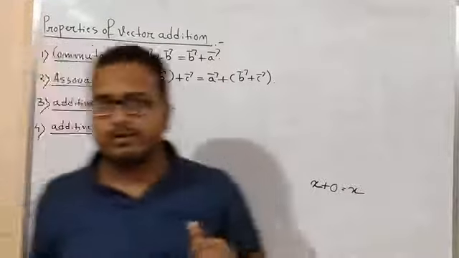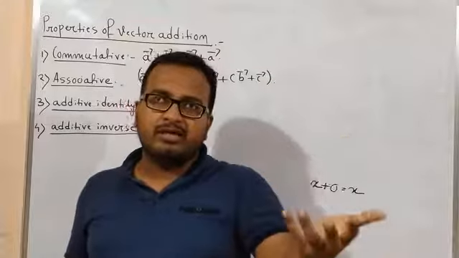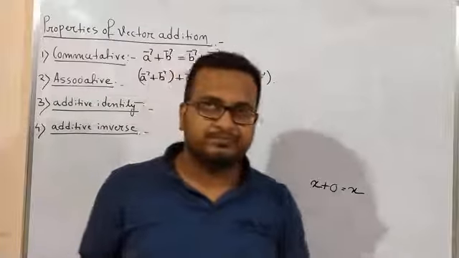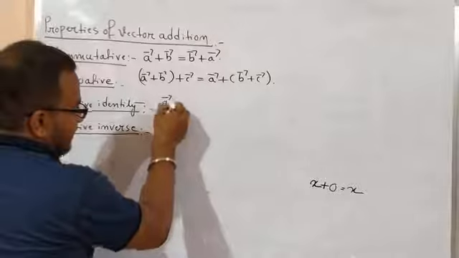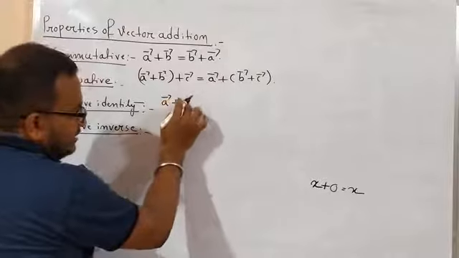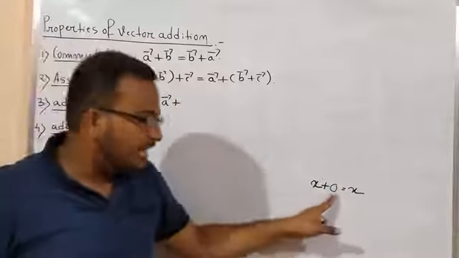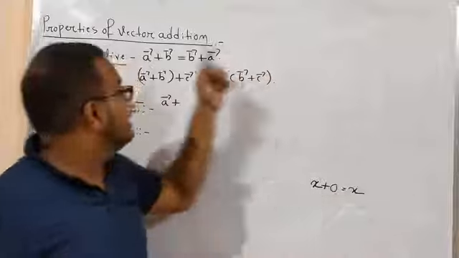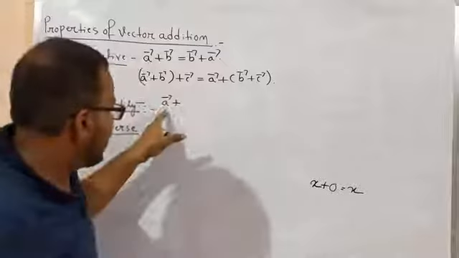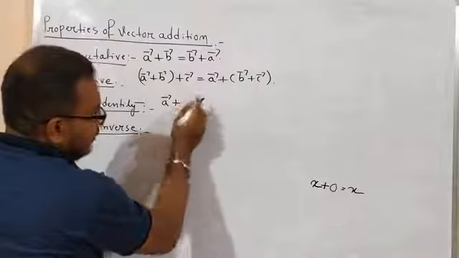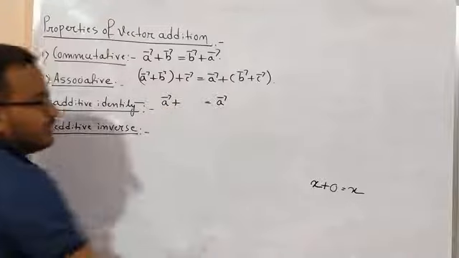So in vector algebra also, what quantity do you have to add to a vector quantity so that you get this vector quantity again, right? That means if you take any non-zero vector quantity, small a vector, then you have to add some vector quantity to it. In this case, you are not allowed to add 0, because this 0 is a scalar quantity, right? So it is a property of vector addition. That means you have to add a vector to a vector. Okay. So here a vector is a vector quantity, and you have to add some quantity to this a vector so that you get this vector quantity itself.